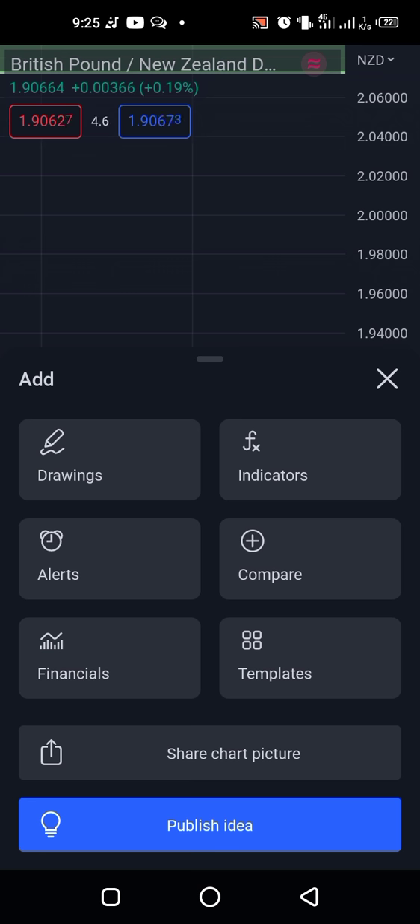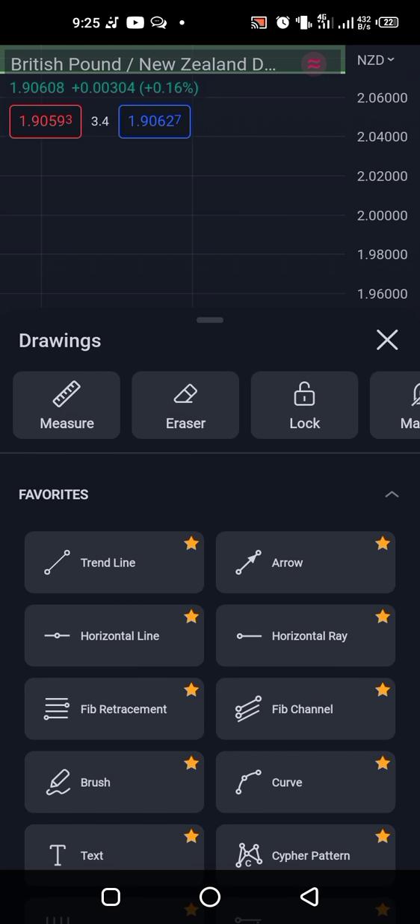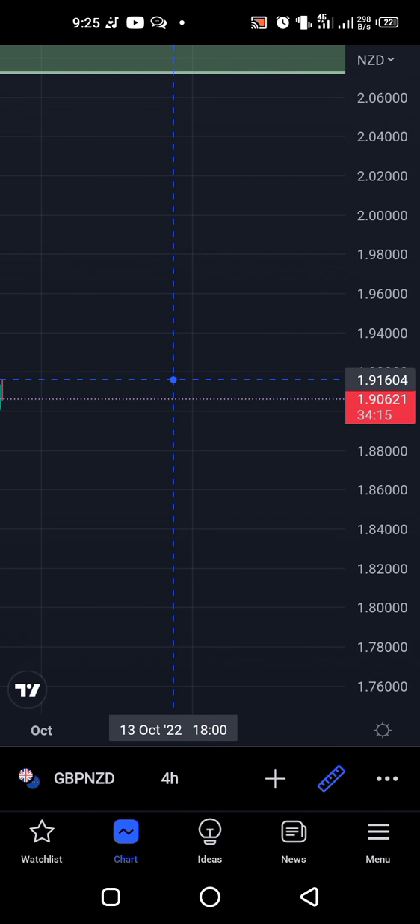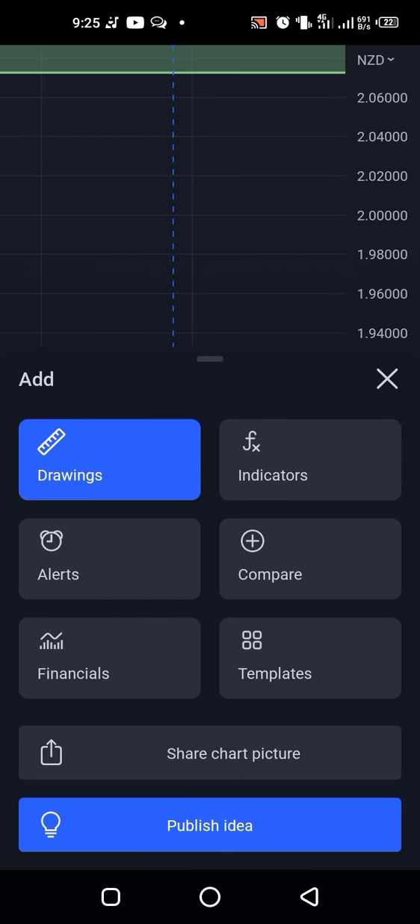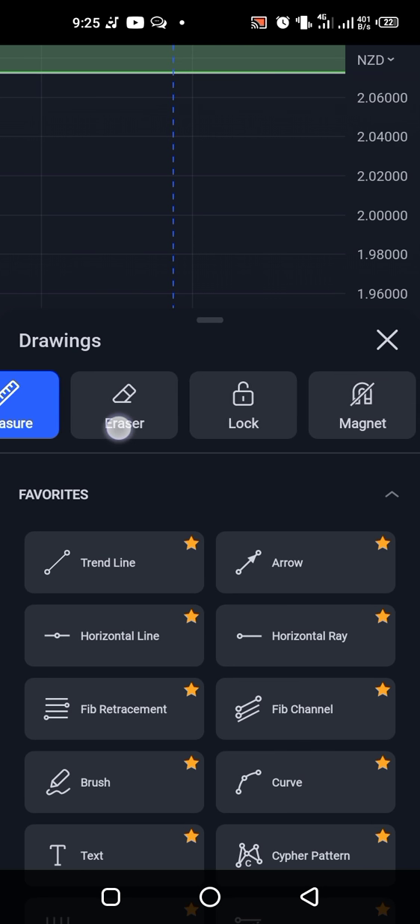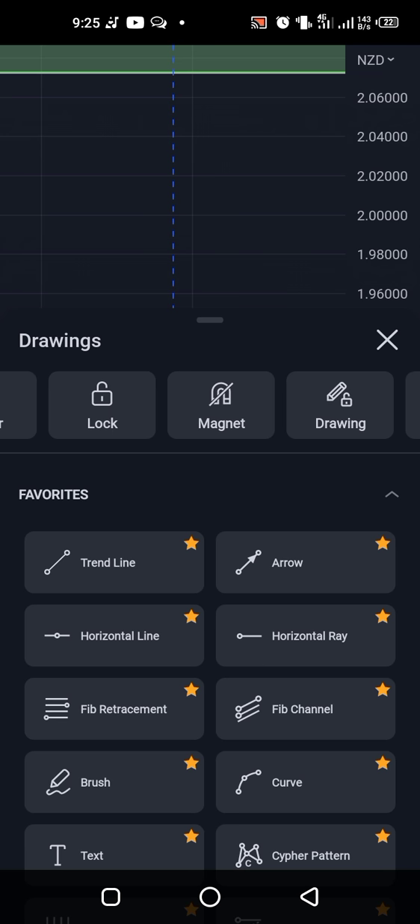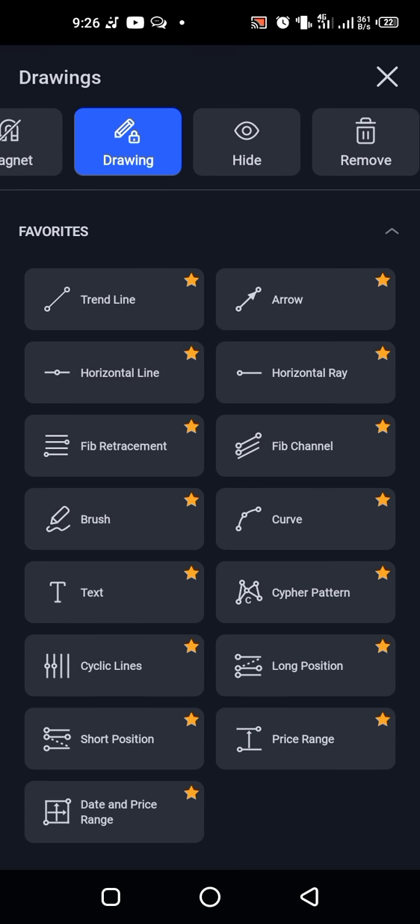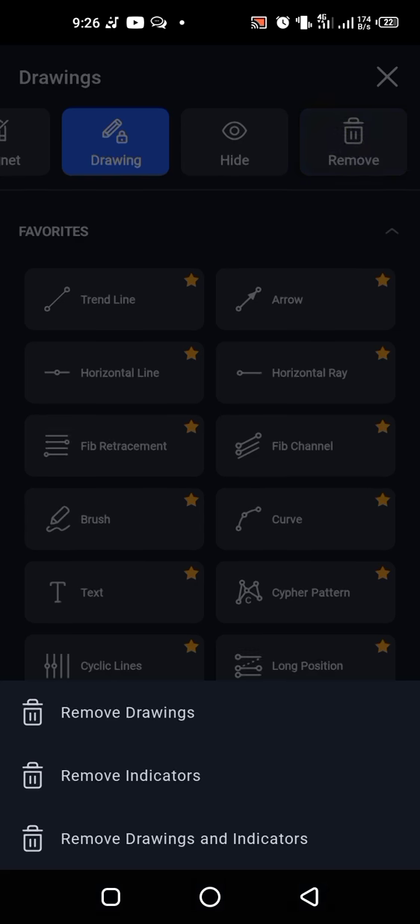All right, then you have a plus sign here that helps you to add different things to your chart. So you have your drawing tools. If you click here, you can see different drawing tools. Now you see there is one for measuring, that's your ruler, so it indicates that that's what you've chosen. But then you have your eraser. You want to erase anything, you want to lock that particular drawing where you've put it, you can lock it. The magnet is there. So you want to draw on your chart, you can do all that. You want to hide, you want to remove